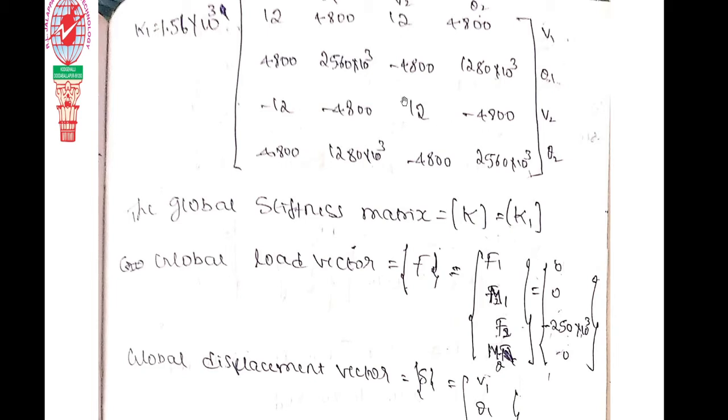All of you got here 12, 4,812, 4,800, 4,800, 2560. And as I told here, it is symmetric. You no need to do everything. Only do half of this much. You do it. Only you do it this much, and even diagonal terms, and rest of the bottom terms become symmetric.